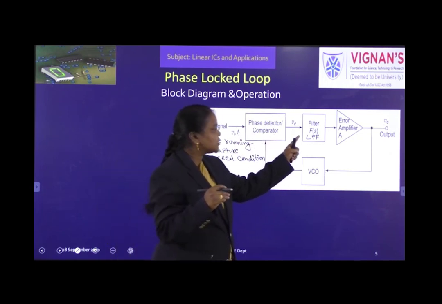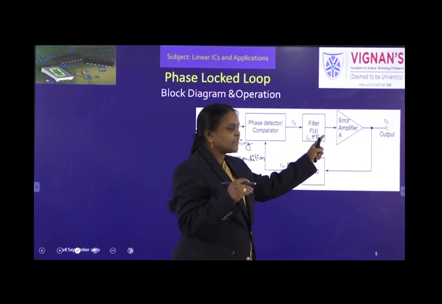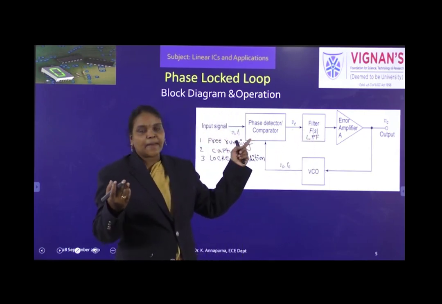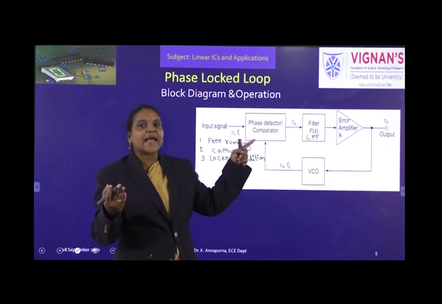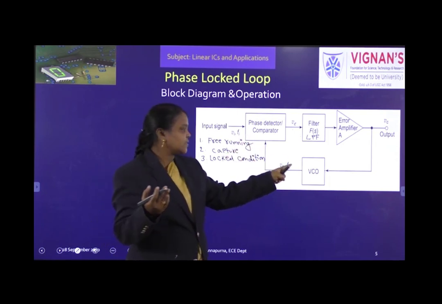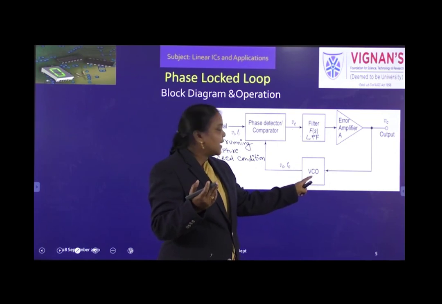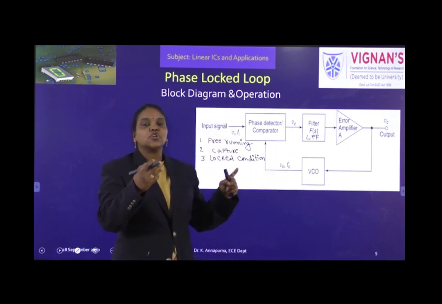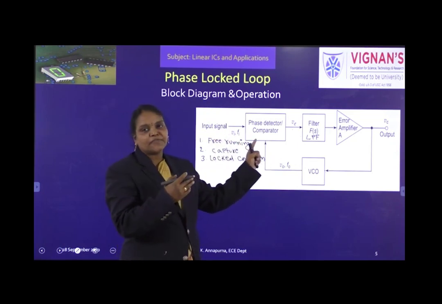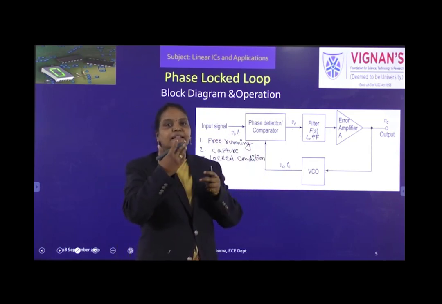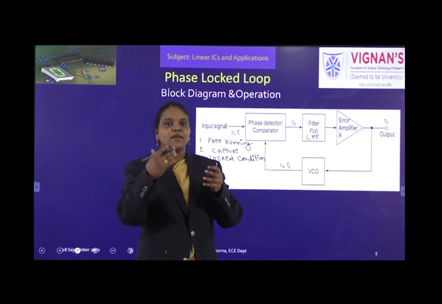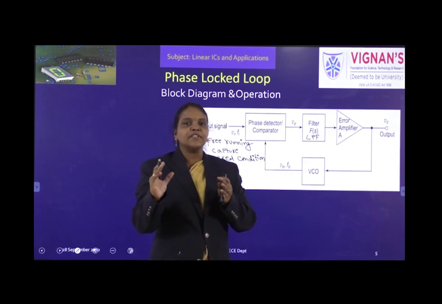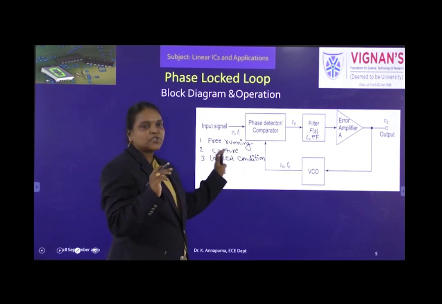Then, when you apply some input signal, the phase comparator gives the sum frequency and difference frequency, the low pass filter passes the difference frequency signal which is the error signal, and the amplifier amplifies it, and that acts as the control voltage for the VCO. Then the VCO changes its frequency of oscillations towards the incoming signal frequency. That means the next time the error will be reduced. Once this action starts, it is under capture mode.